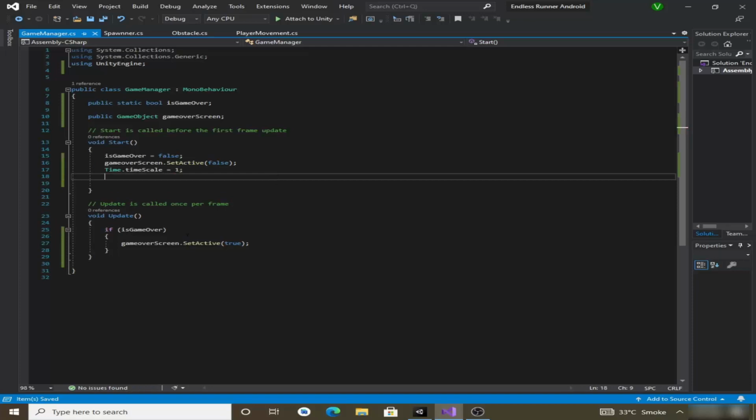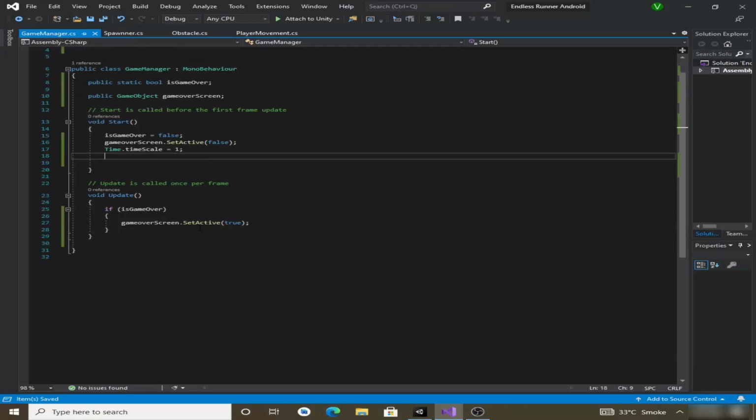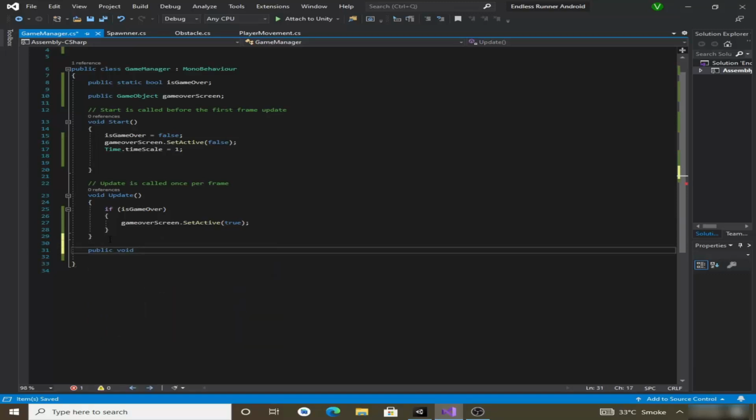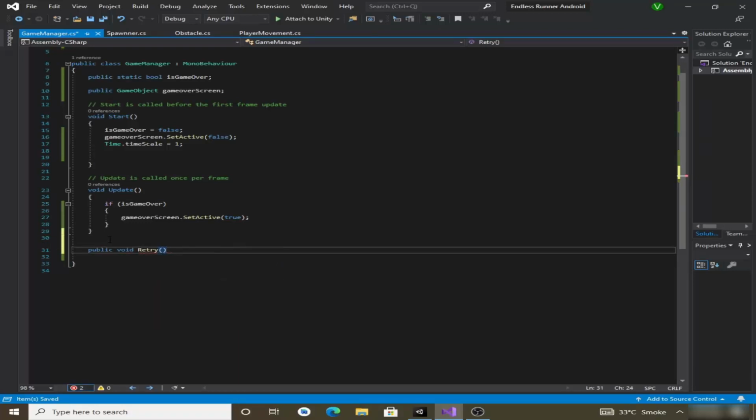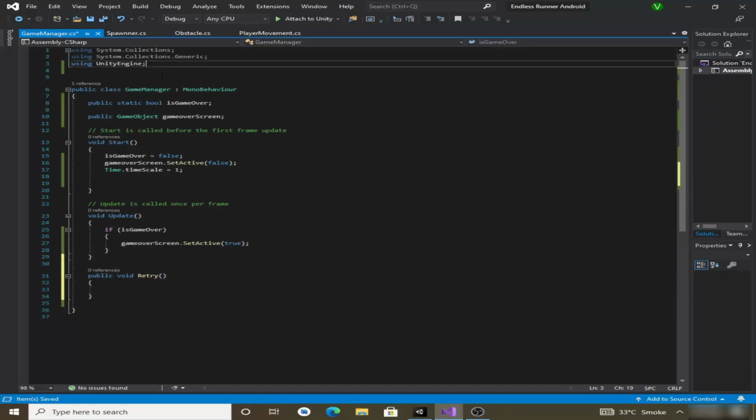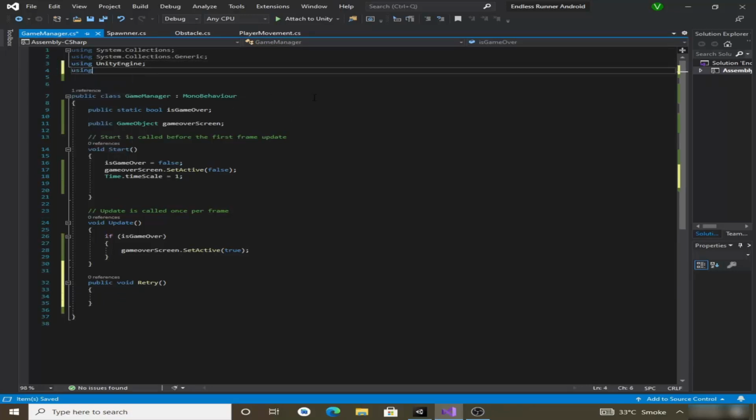Now we will also make a separate function for retry. So let's make a new function, public void, and name it retry. Now we will use Unity's scene management, and to use that we need to add the namespace at the top of the script. So write using UnityEngine.SceneManagement,